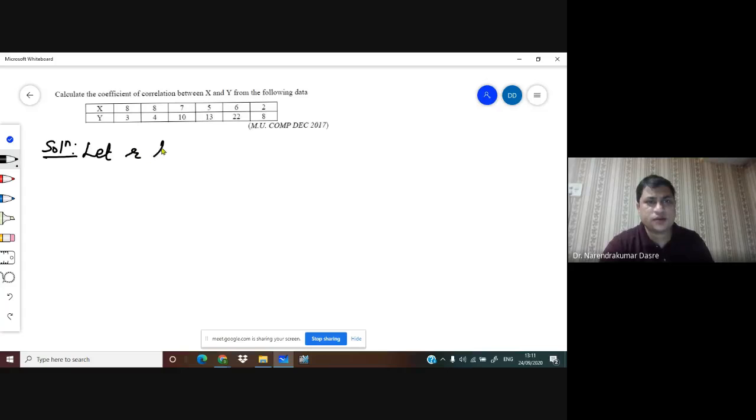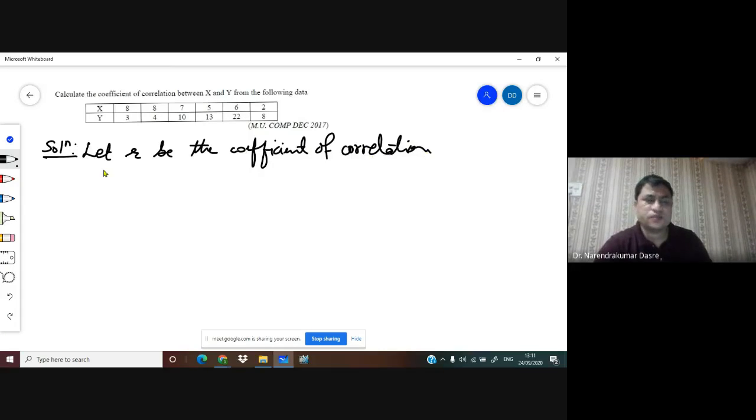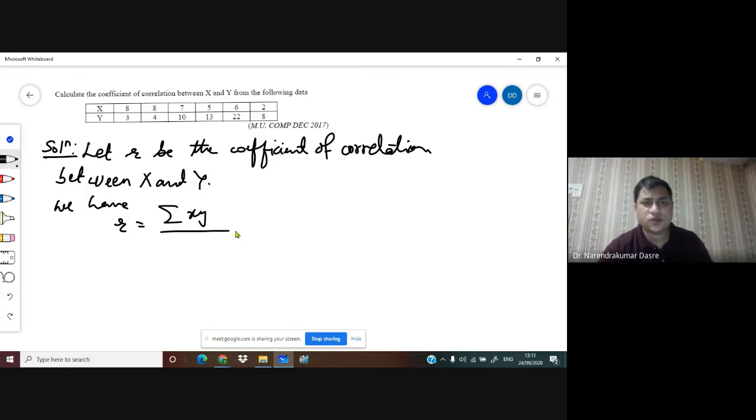So let R be the coefficient of correlation between X and Y. Okay. So we have R is equal to summation xy upon square root of summation x square into square root of summation y square. Okay, let this be equation 1,